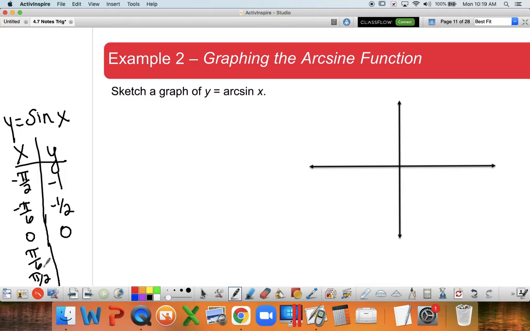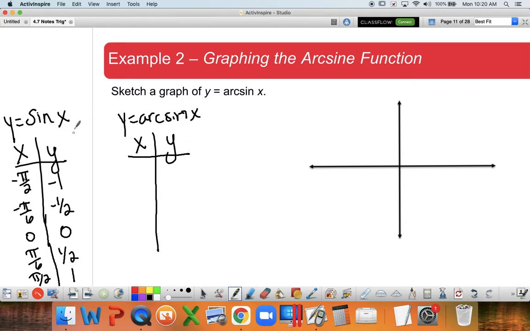Same thing, pi over 6. Look at pi over 6 on your unit circle. Find the y coordinate, which represents sine. It is 1/2. And then look at pi over 2. What is the sine value at pi over 2? It is 1. So here are some coordinate points that are part of sine. Now, in order to graph arc sine or inverse sine, however you want to call it, all we do is